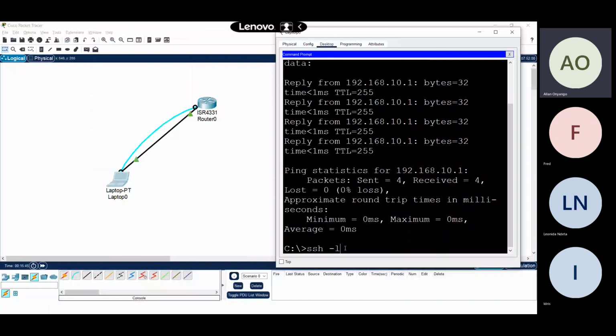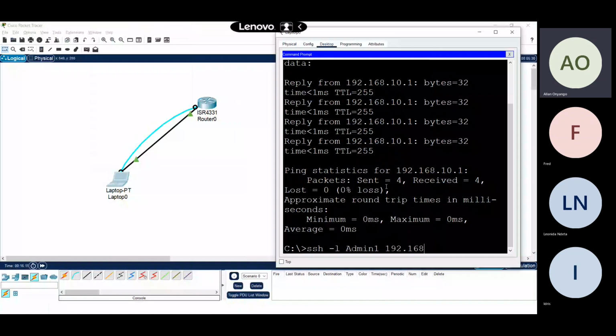So I say SSH -l. I put the username, the first username, which was called admin1. We had given it privilege 15. So we want to see what is going to happen. So SSH -l, then you put the username admin1, and then the IP address of the router, which was